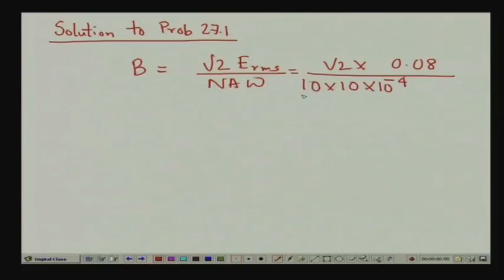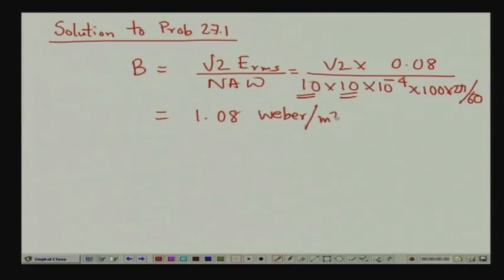Then multiplied by 100 times 2π by 60, which will give you 1.08 Weber